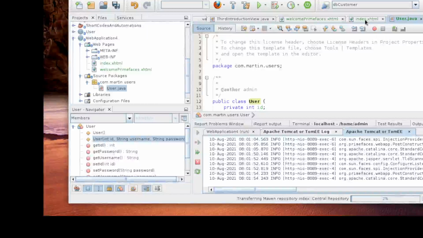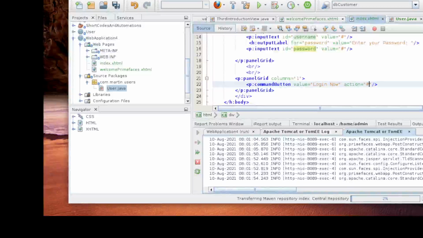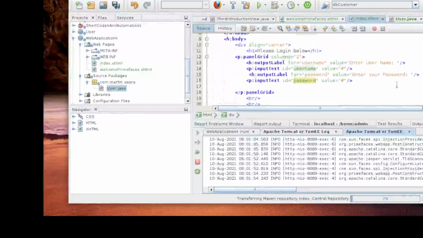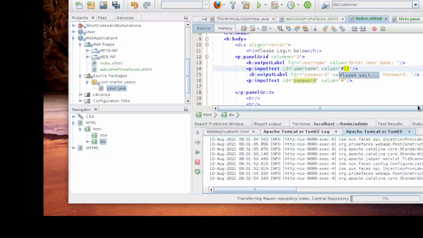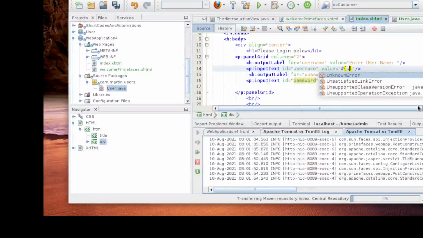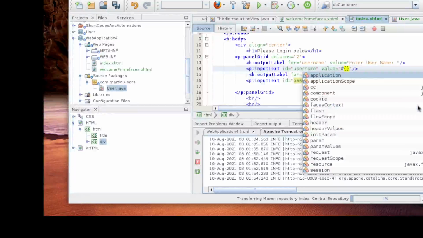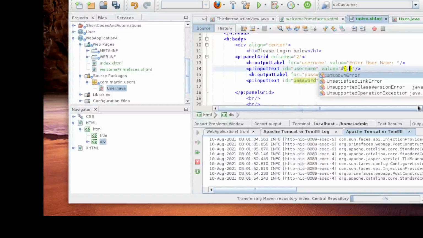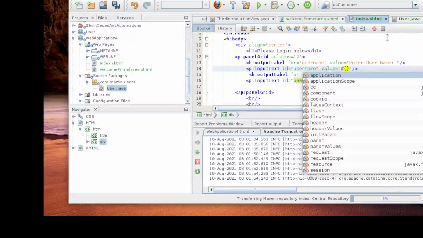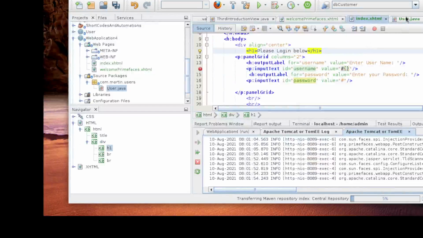And now in your page, this is how you access your objects. You put a hash, then your project class. But for now you will not be able to view it because you have not marked it as a managed bean.